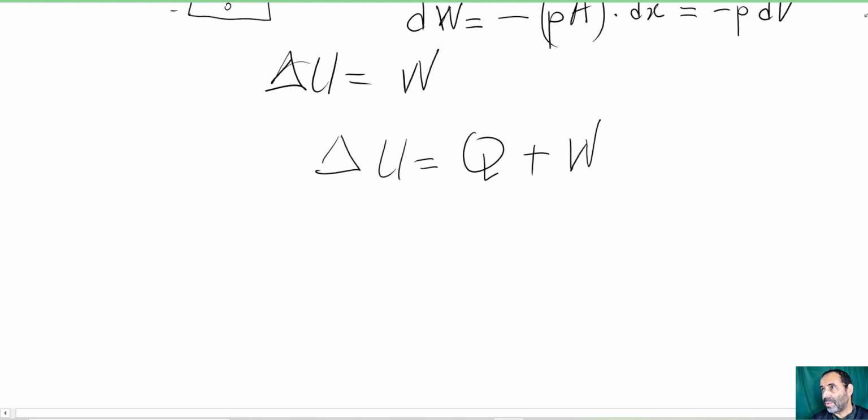So this is your first question for the discussion. Put this in your own words. This is called the first law of thermodynamics, by the way. The first law can be stated, this is how I'm going to say it, and you can do it whichever way you like, as: to add